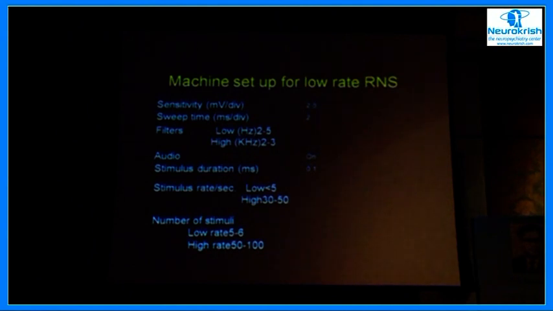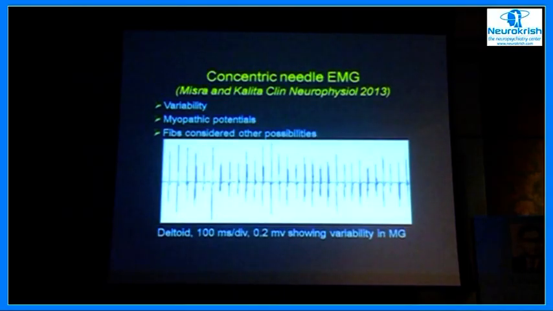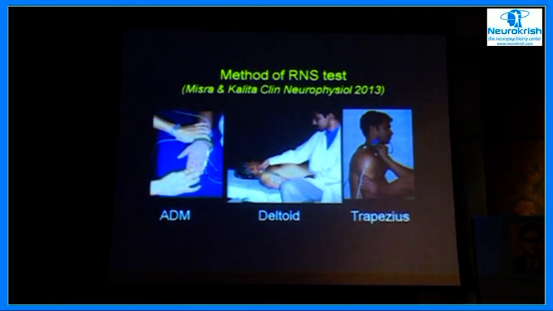RNS test is very useful for the diagnosis, and this is the machine setup, but now the machines are so different and computerized that you don't have to remember it; those who are interested, the machine setup is mentioned here. But when we put in a needle for doing an examination, sometimes if you see variation in the motor action potentials like this, then you wonder that it may be a case of myasthenia, and in that case one must do an RNS study. So this is a very useful clue, one more piece of evidence that you find while doing an EMG examination. If your hands are steady and there is a variation in the amplitude of the motor unit potentials, you can think of this. The method of RNS test is shown in this slide, and this is how we stabilize our